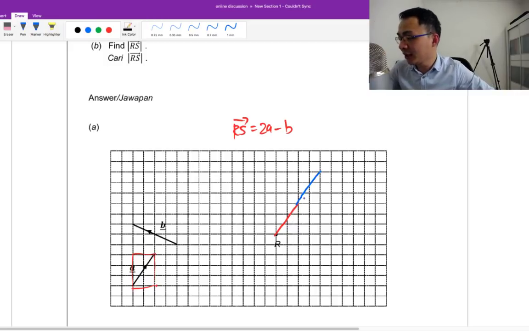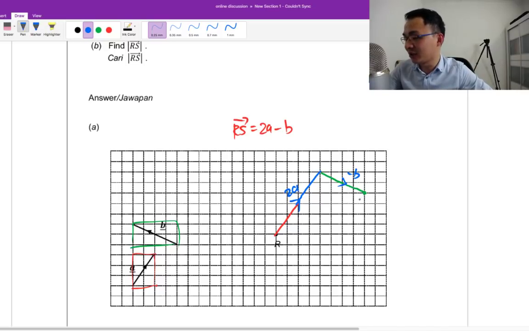Okay, this is 2A. And then minus B means I will need to go downwards. This is 8 boxes, it's cut in half, isn't it? So 1, 2, 3, 4, 8. So it'll be here. So from here you can see this is 2A, and then this is minus B. But then these two